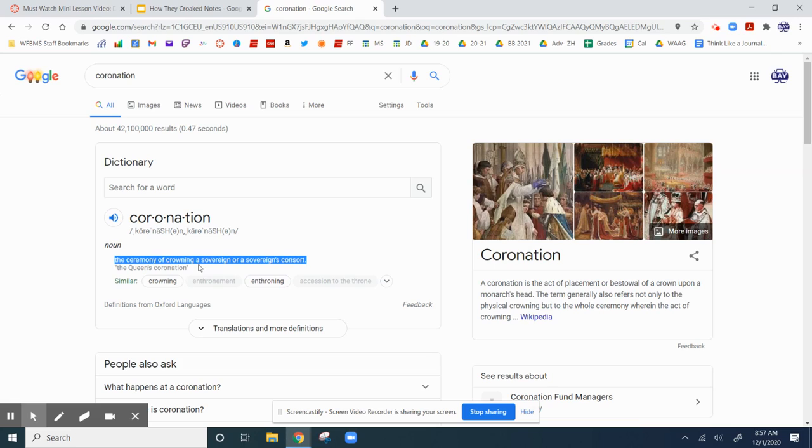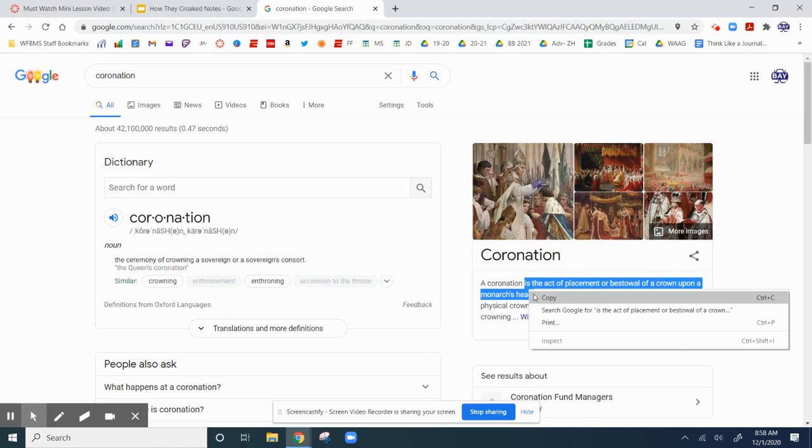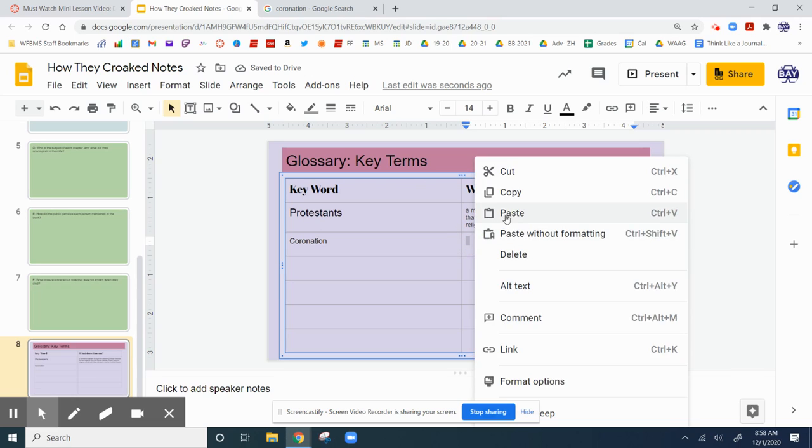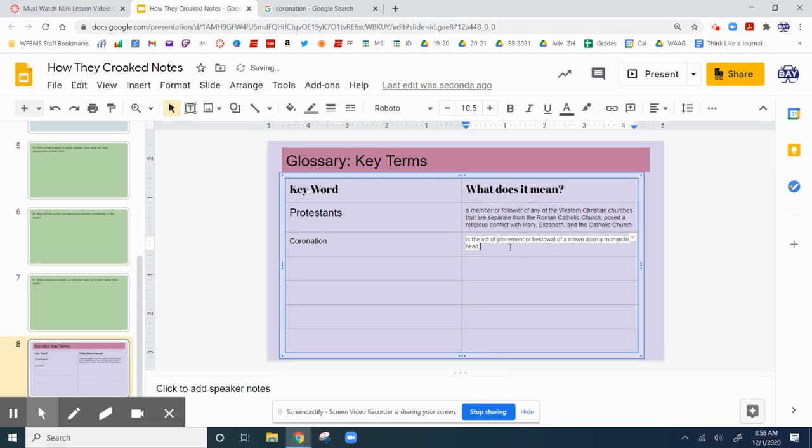I got this definition here, but I'm not sure what consort is. I know the first part, okay, but it looks like this definition is even more clear. It's the act of placement of or bestowal, to bestow someone with something, to give them something, of a crown upon a monarch's head. I'm going to use that one instead. So here I will put coronation,